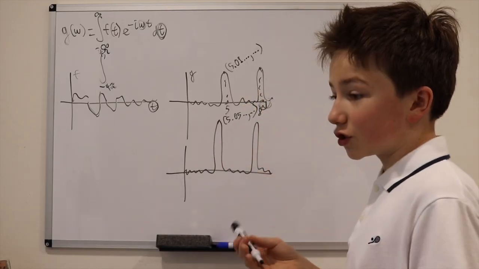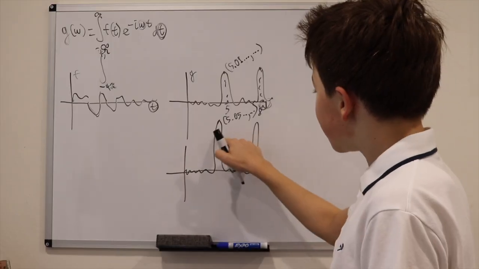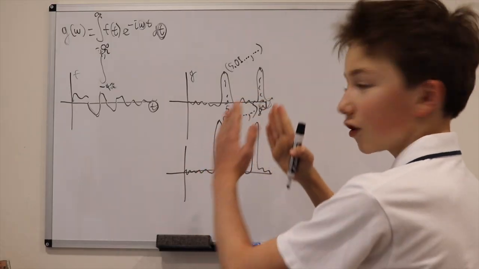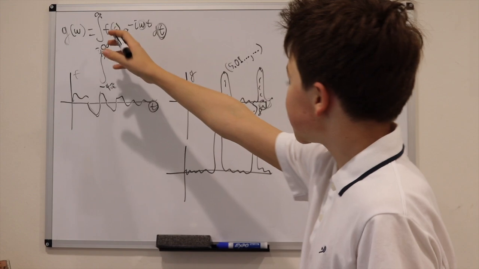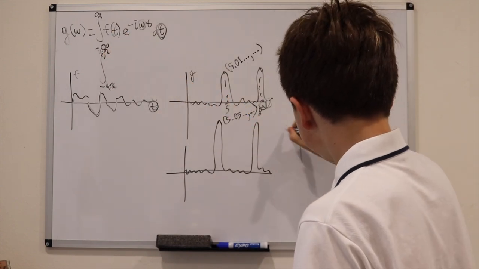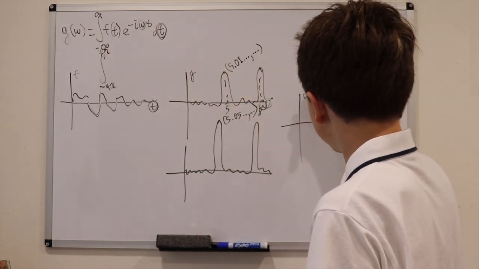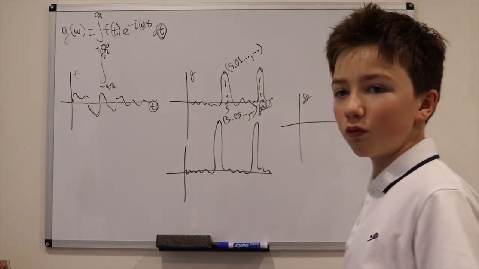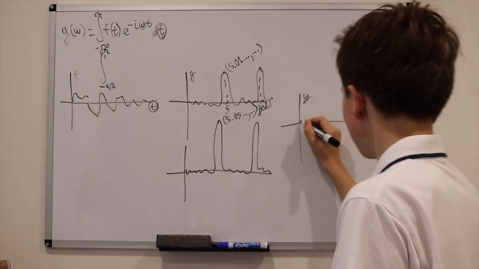But they're still not going to be perfect. And these peaks, they're going to be taller and they're going to be thinner. So imagine what happens when we bring this to infinity. Well, when we bring this to infinity, g of omega will be basically a Dirac delta function, which is a